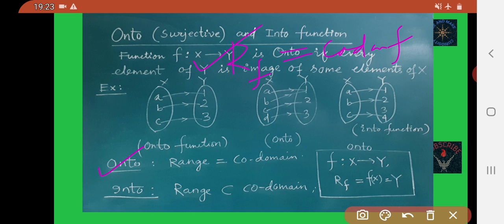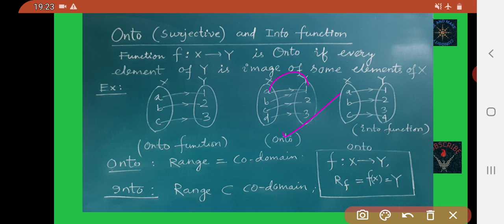So here range and codomain of f is this set, and they are equal. So this function mapping from X to Y is an onto function.